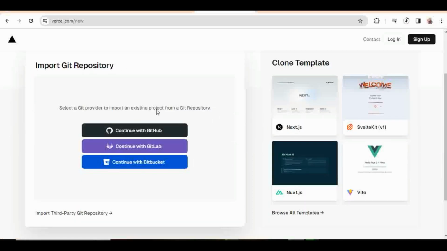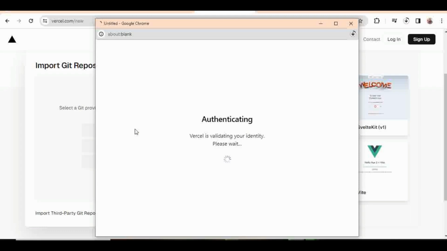So we are going to use GitHub because that's the account that I have. So you can just press it and it will authenticate you. And let's wait. I already have an account, so yeah. Here after you've logged in, you'll be brought to the dashboard. So from here, remember,